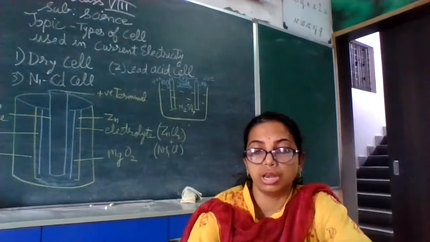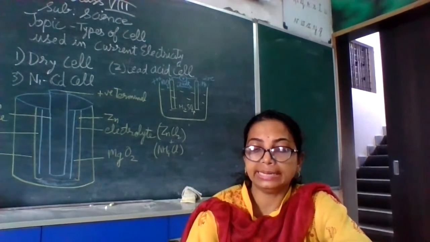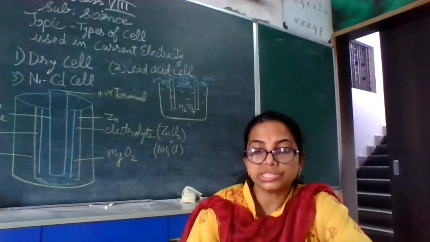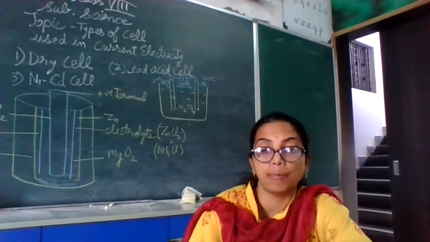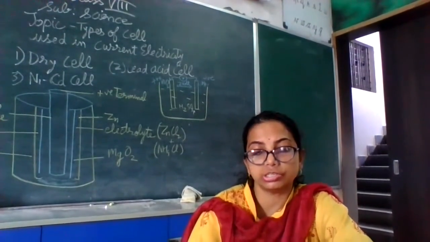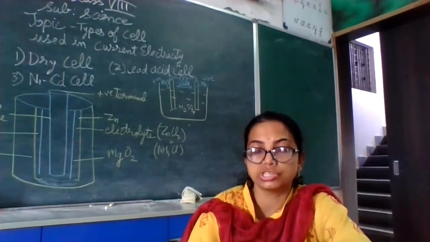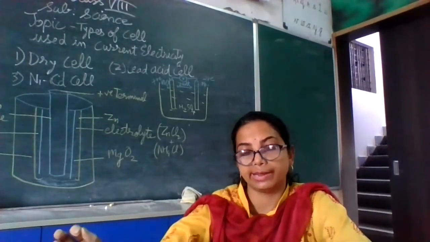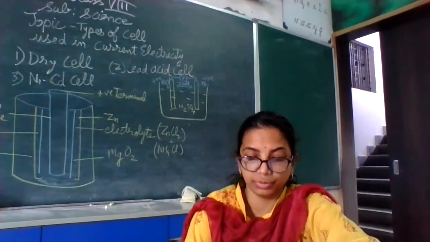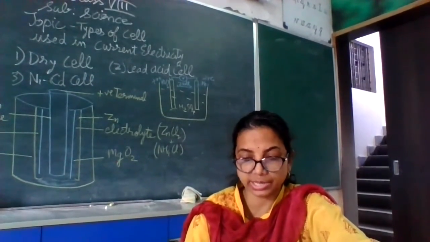On the removal of the cell, the electric current flowing through the circuit stops, as indicated by the bulb, which ceases to glow. This type of connection of electric components is called an electrical circuit. You all must have seen this in your earlier classes also. One positive terminal, another negative terminal, and the complete wiring can be made with a torch or a bulb in between. An electric circuit is also used in home supplies.